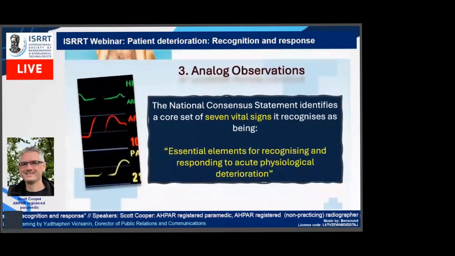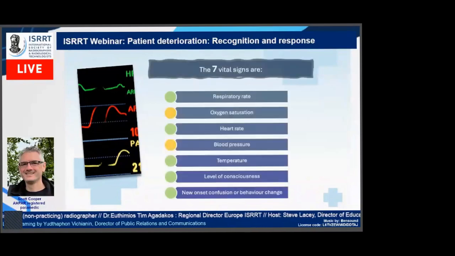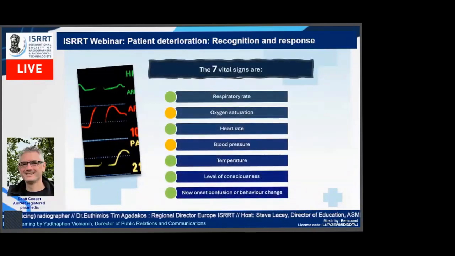I just want to go now to the analog observations that I'm talking about, which is the third step. Now, when we look at the National Consensus Statement on Patient Deterioration, they identify a set of 7 core vital signs, and they recognise those as being essential elements for recognising and responding to acute physiological deterioration. So those 7 vital signs are respiratory rate, oxygen saturation, heart rate, blood pressure, temperature, level of consciousness, and new onset of confusion or behaviour